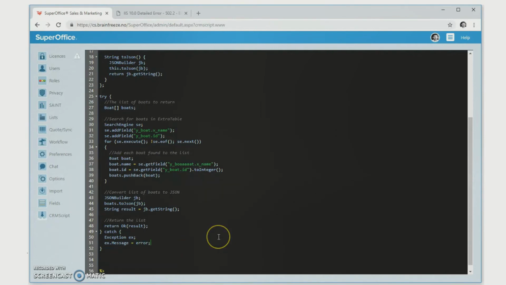Let's take the error variable, which is always there in the catch, put it in the message. And there's one more, error location, those two variables are always there inside the catch. It will say where their problem happened. And then we'll return not a 200 OK, we'll return an internal error. And here's the JSON,